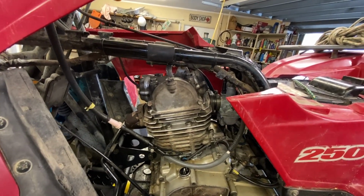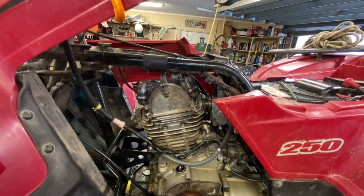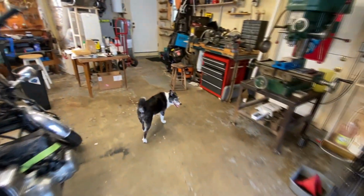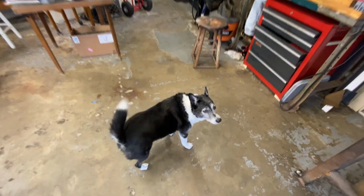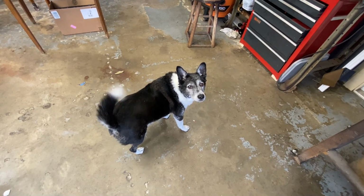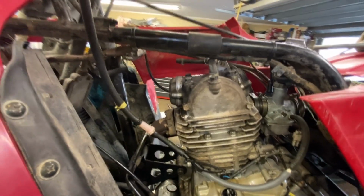I said, you know what, it's going to be what it is, because I can't do everything on this thing. Somebody wants to go inside and hang out with his mommy. You want to go see mommy? Is that it? Oh, you want to see your mommy. Okay, let's go. Where was I? Okay,